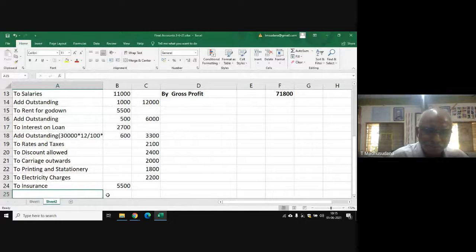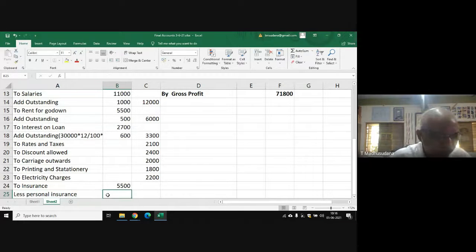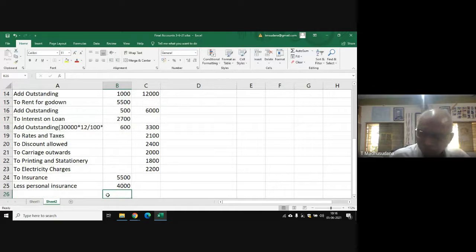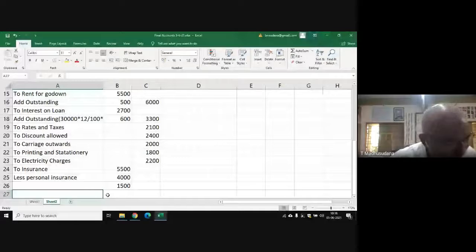So less personal insurance. Only business expenses are to be shown in the profit and loss account. Personal expenses are to be shown as drawings. So after deducting 4,000 from the 5,500, 1,500 is the balance. Then one more adjustment is there, this is a prepaid